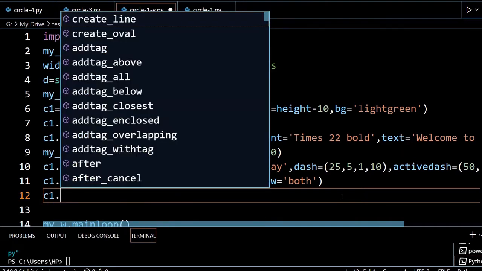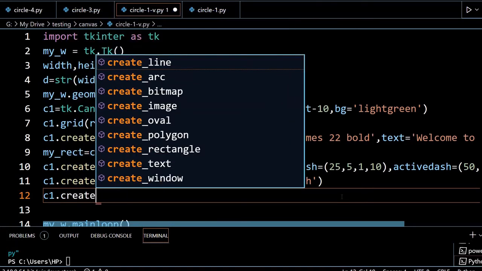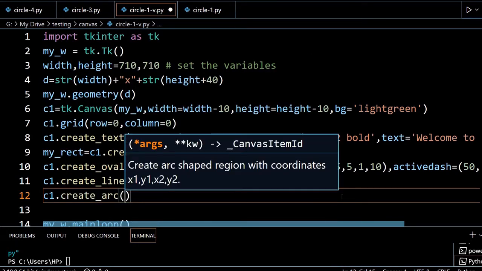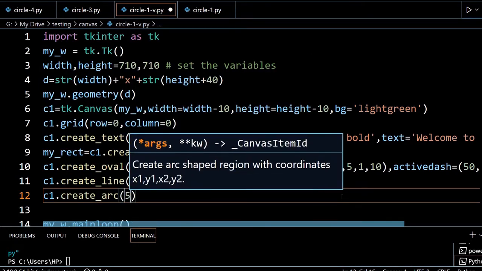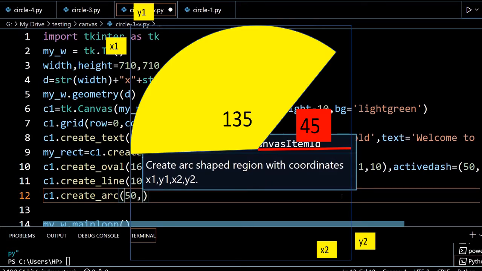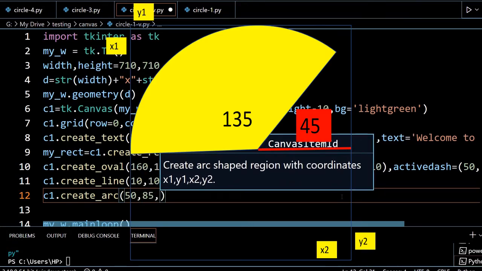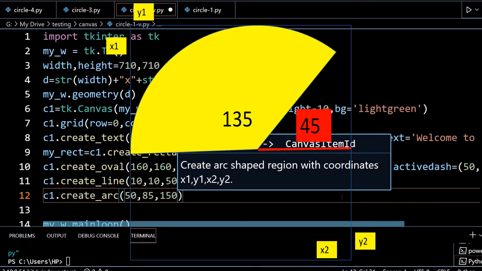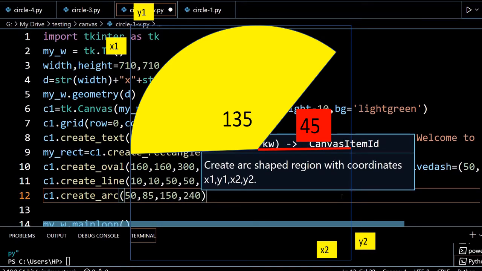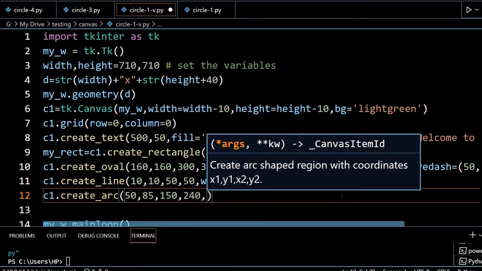So C1 dot create arc, where the arc will be. It's again the same rectangle, within the rectangle 850, 85, 180 and 240. I'm just giving some dimensions within this. Now what should be the start angle and up to what point will it be? Always remember the 3 o'clock position is the 0 position.